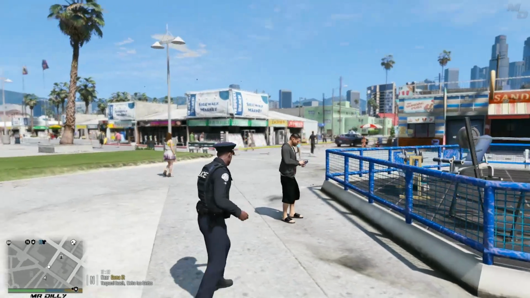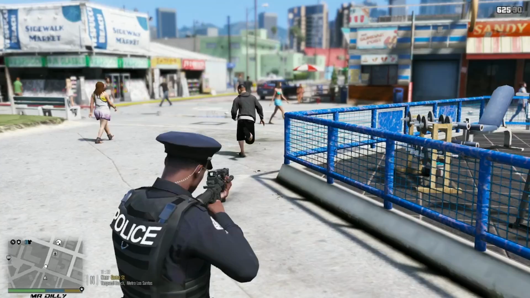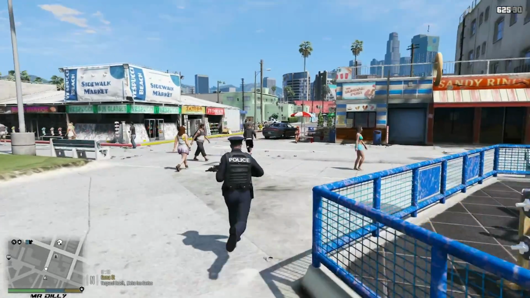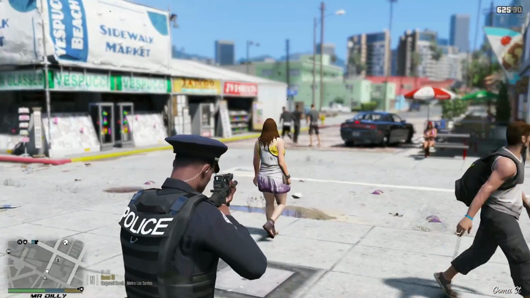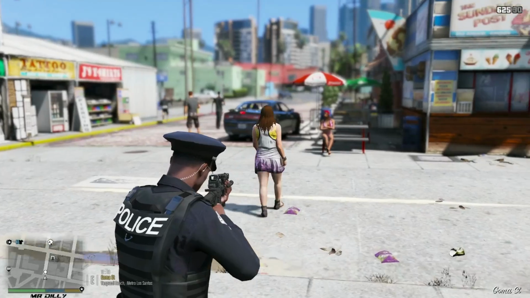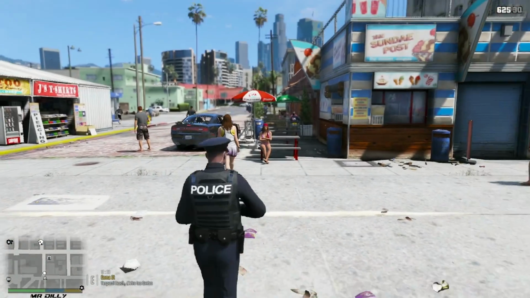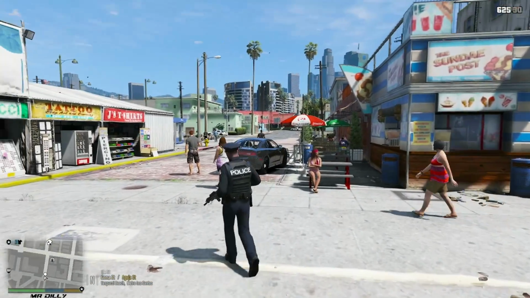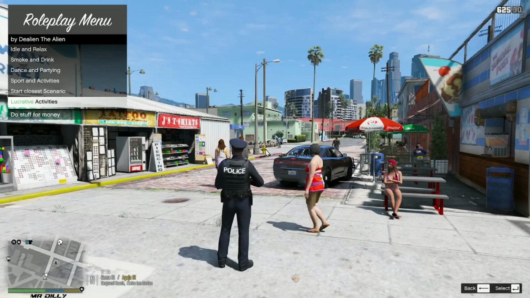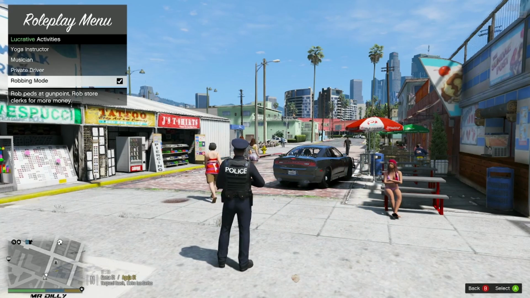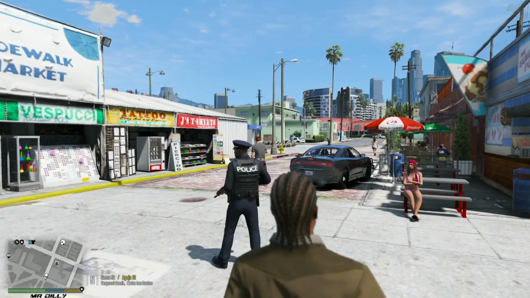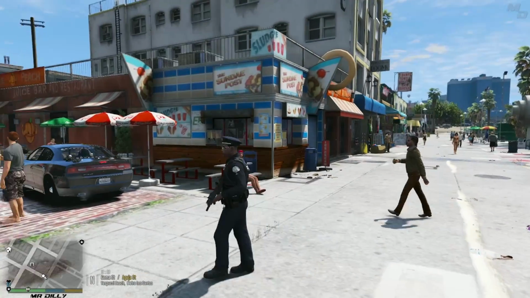Say point a gun at somebody. Let's go. It's gonna run away? Well, you just point a gun or something. I don't think she's fazed at all with this. Let me see what it says actually. It's rob a pedestrian at gunpoint, rob store clerk for money. I'm pretty sure this works probably well